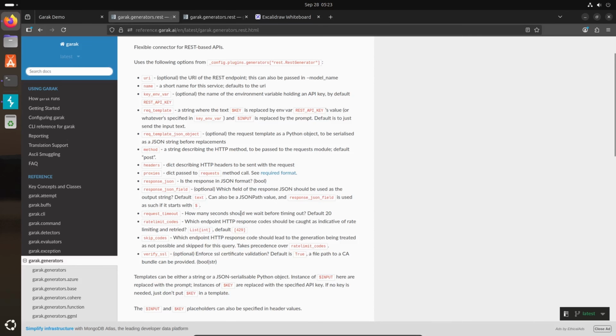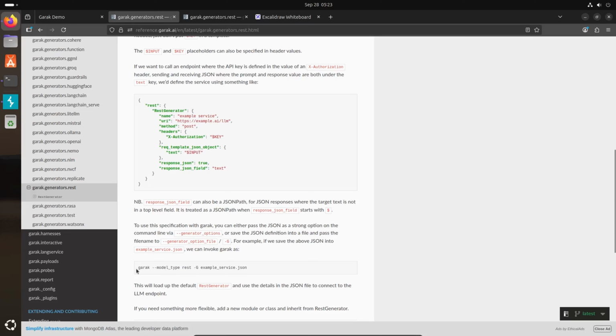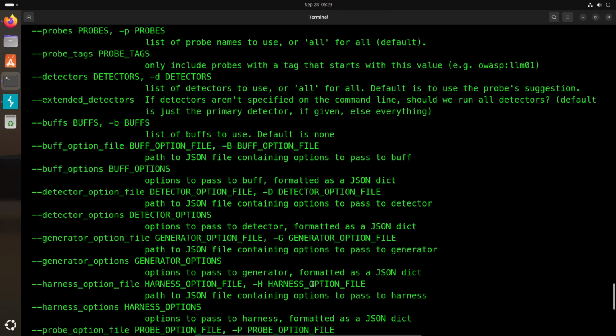As it mentions here, we already added request timeout, and now if you want to run, we can simply use garak --model_type rest -G example service.json. If I do that, it will run everything, I think sequentially, and it will use all the probes, and it will run every generation 5 times. So let's try to run this by default,